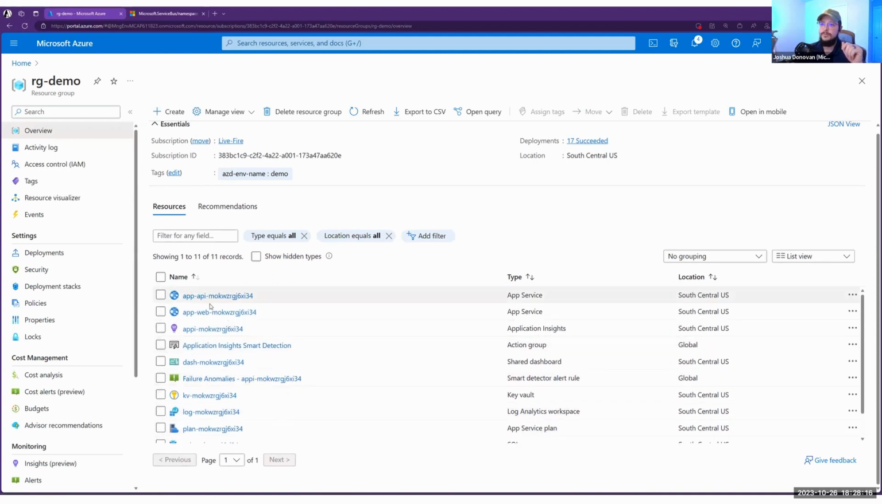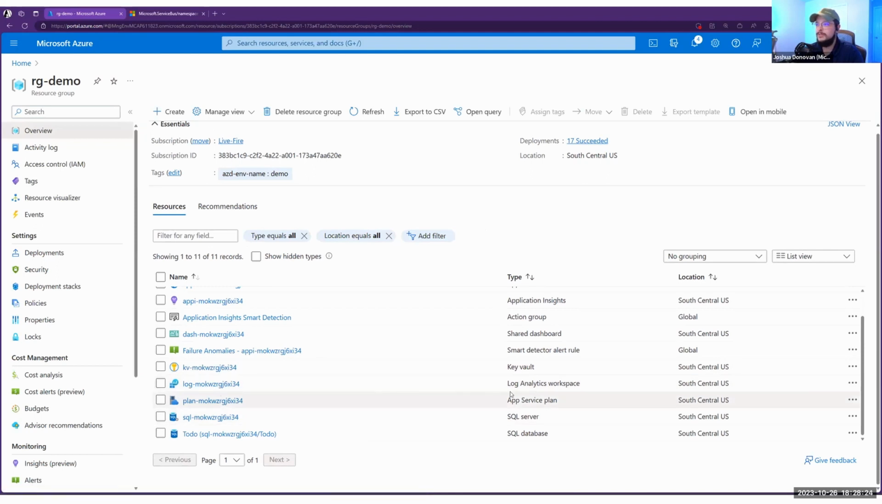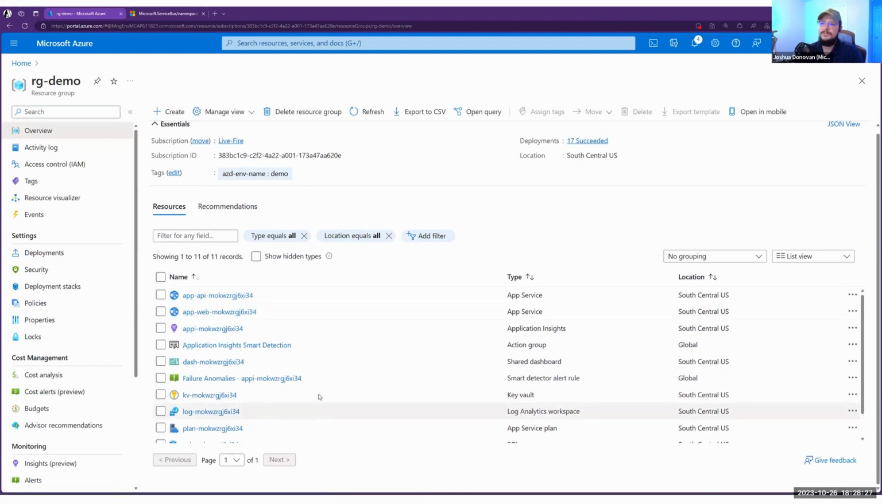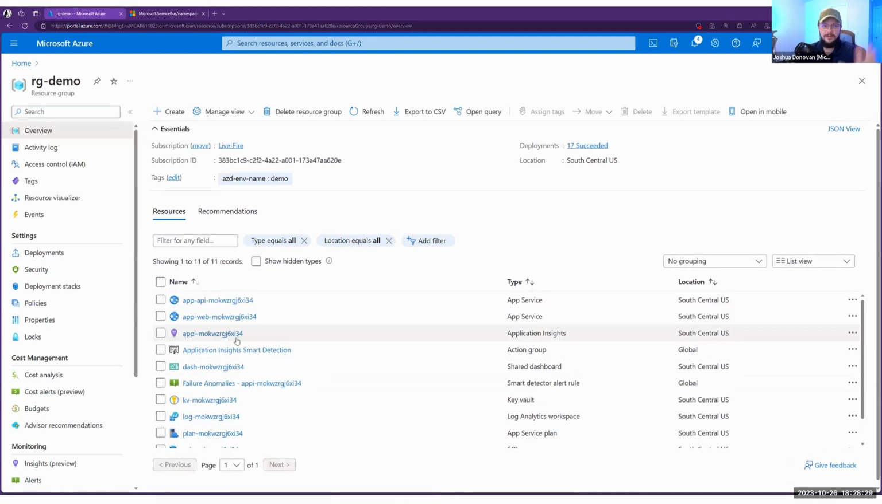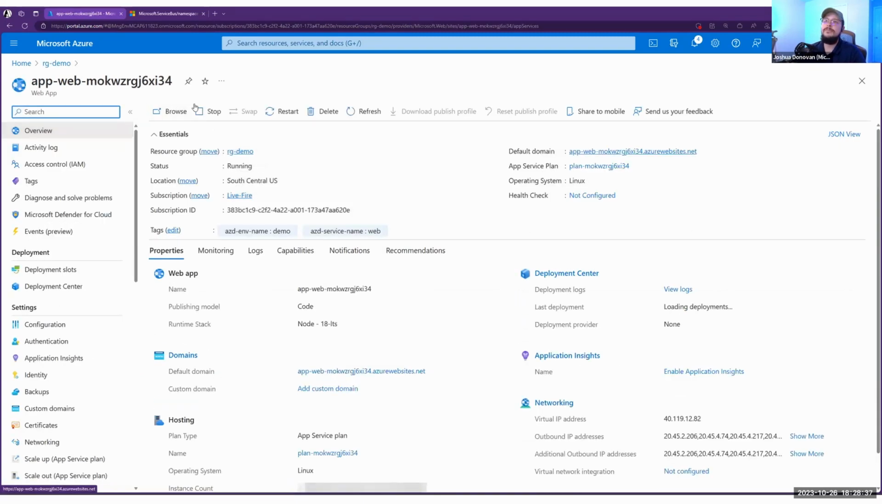It's deployed a web app. It's deployed a key vault so that you can have security in mind and built in when you get started. It's also set up logging and everything, basically your entire app environment contained in one. And if I go to, let me see, the web one, we can see here, if I go to browse,